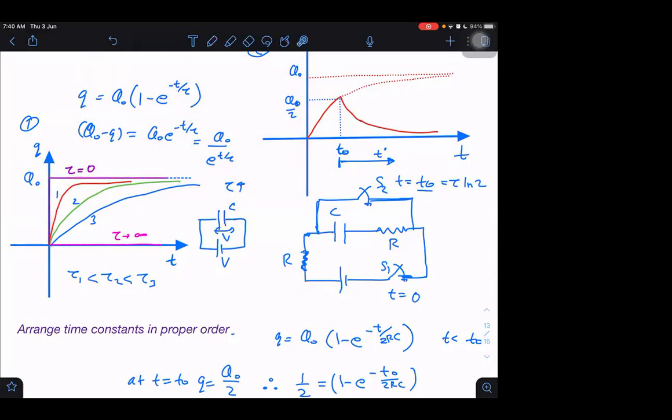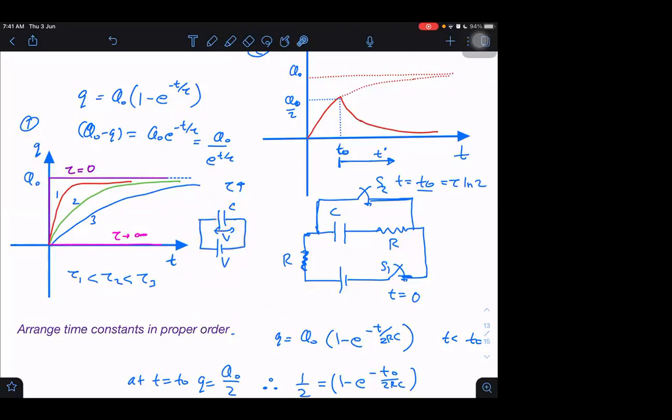Understood? Time constant 0, it just touches this directly, quickly. At that instant only the charge becomes full. And when the time constant is infinity, then it is this graph parallel to the time axis. Because it will be very, very slow. It will almost never be charging. If I try to charge a capacitor by taking infinite resistance in series, infinite resistance means like an open circuit only, then obviously it will never be able to get charged, or it will be just on the time axis only. Its charge will remain zero only.